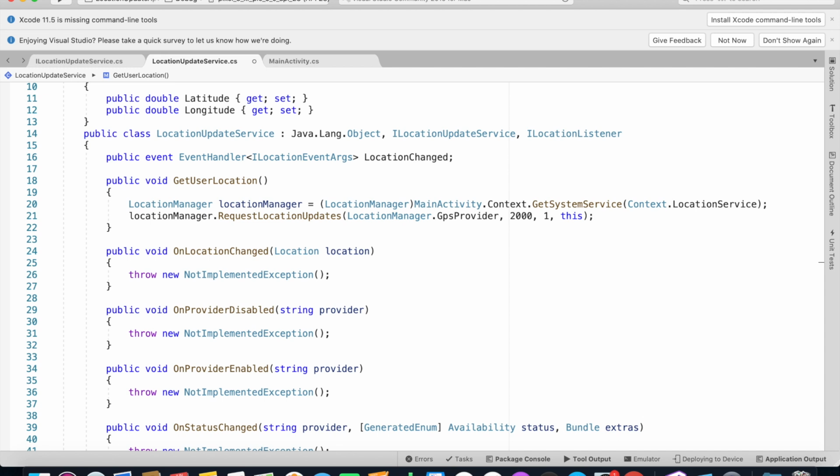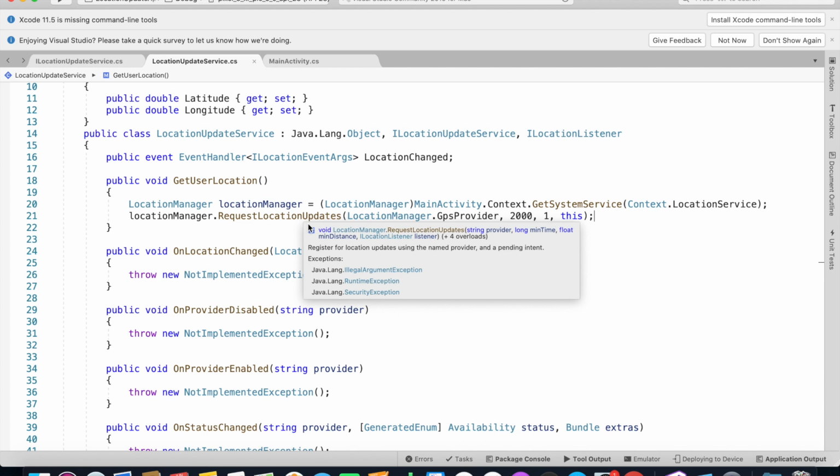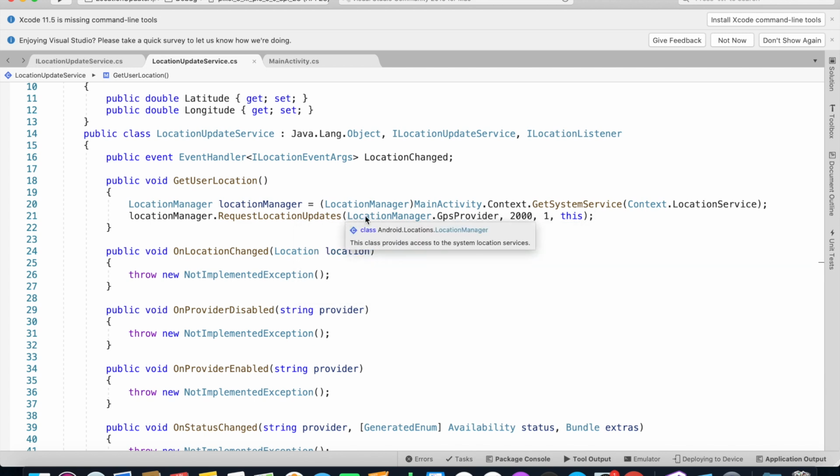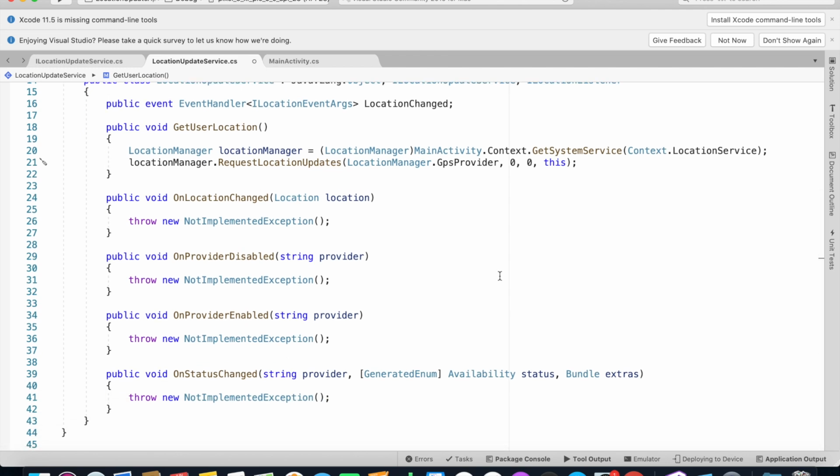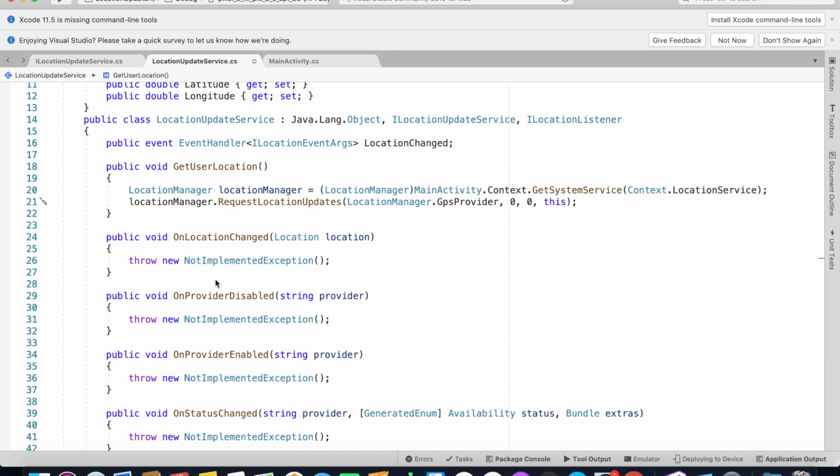So that's it for getting the user's current location. This locationManager.RequestLocationUpdates takes four parameters: the provider, in our case the GPS provider; the minimum time, which we set to 0 milliseconds; the minimum distance, which is 0; and the listener, which is this class. So from this ILocationListener, inside the OnLocationChanged method, whenever the location changes, we need to tell our event handler that the location has been changed, and we need to